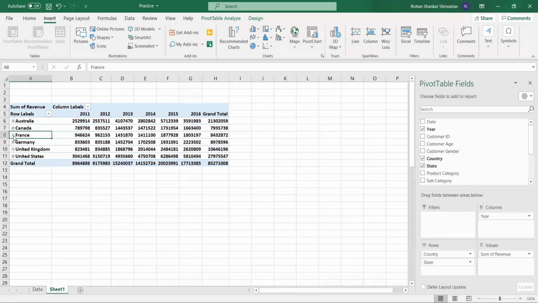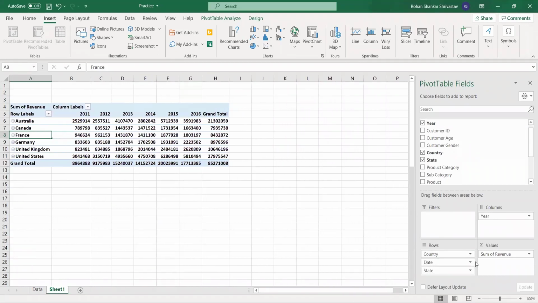Sonam is asking if you want any data date-wise. In that case, the fields appear in rows. Fields come with the year, quarter, or month. How do you get it in days format? So the format can be changed. If you want the date, this is just the year column. You already have a date. The thing is that if I put date in the rows, this becomes too big a data to manage.